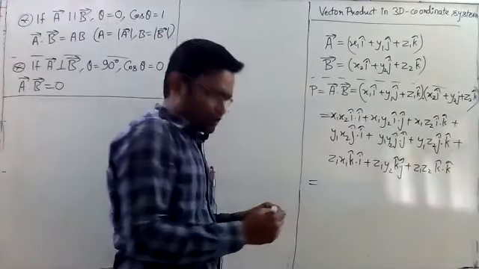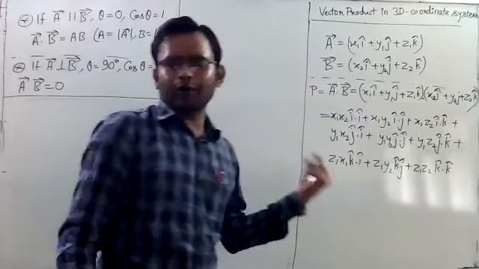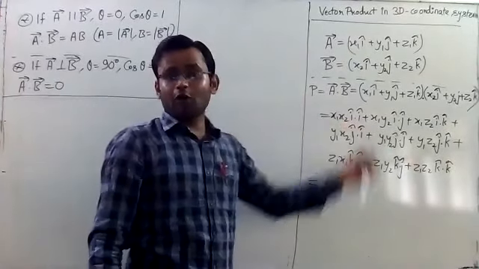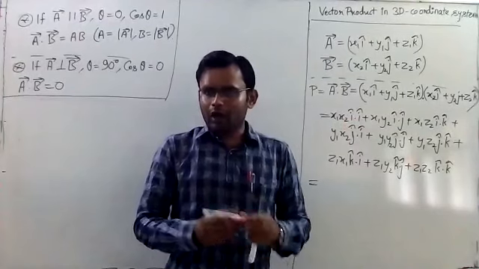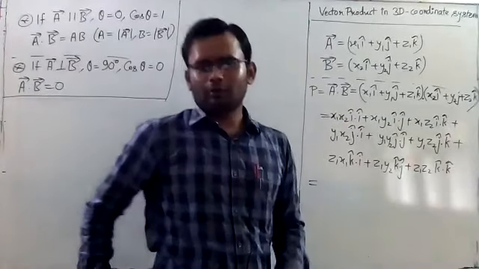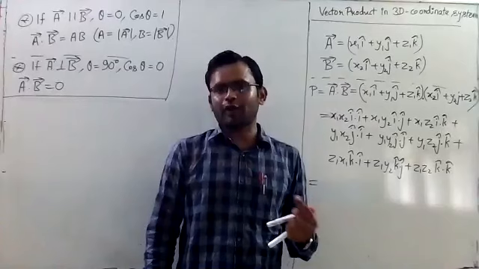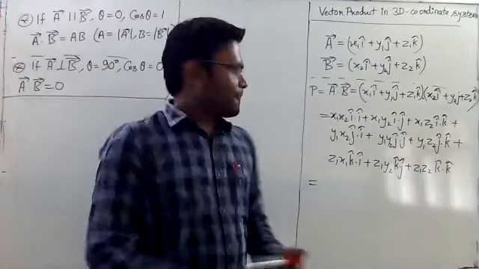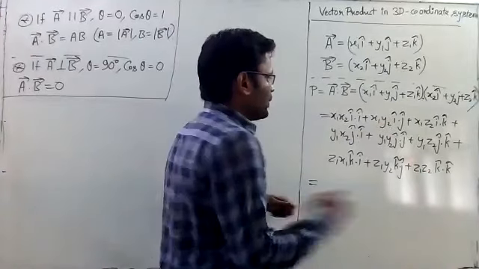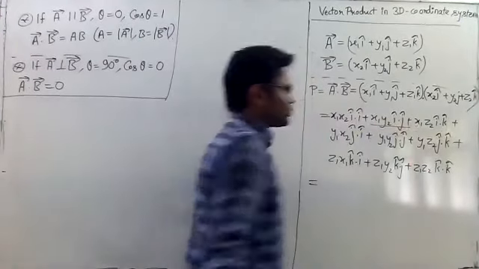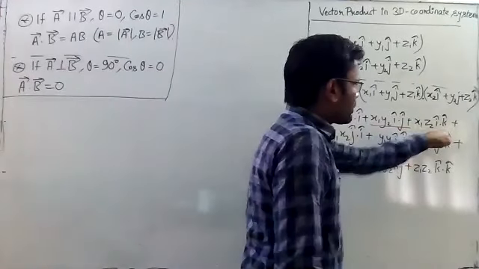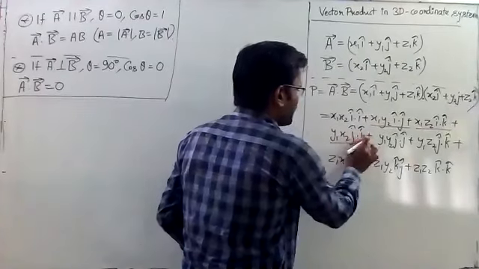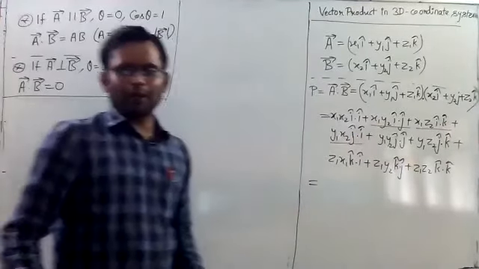So here, just find out which vectors are perpendicular. I dot I are parallel vectors. What is the value of I dot I? I dot I is equal to 1. Magnitude of I cap is 1, so 1 into 1 into cos of 0 is 1. Here I dot j, they are perpendicular, so this is going to be 0. Again, I dot k is 0, J dot I again 0. They are perpendicular to each other: X, Y, Z are mutually perpendicular.